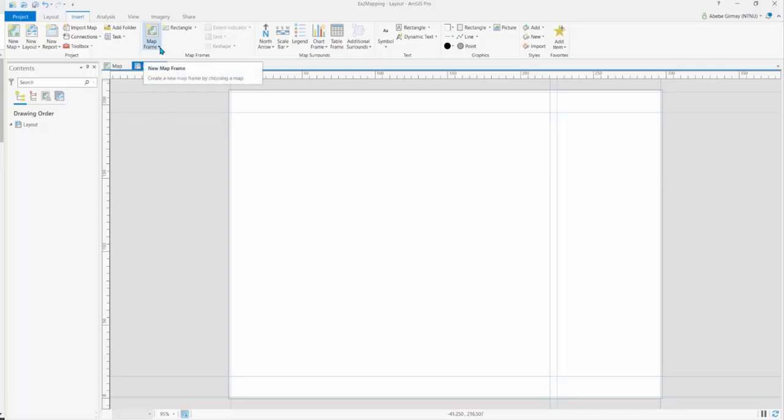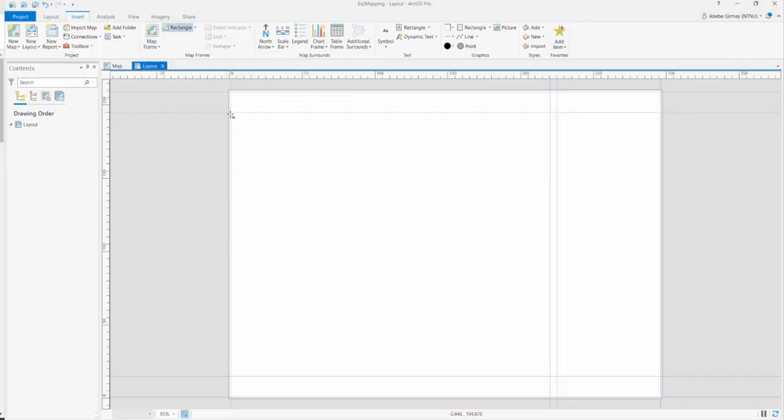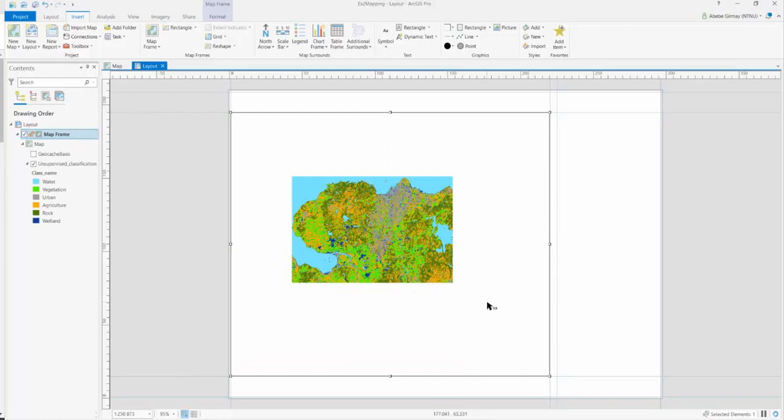And the first one will be the main map. I will go here and then select this one and put it in the space that I want. Yeah, as you can see now it fits well here with the guide. This is the importance of having guides, so you don't go outside the guideline, so it keeps you perfectly within the space. And then as you can see it looks very small, so I would like to zoom it in,